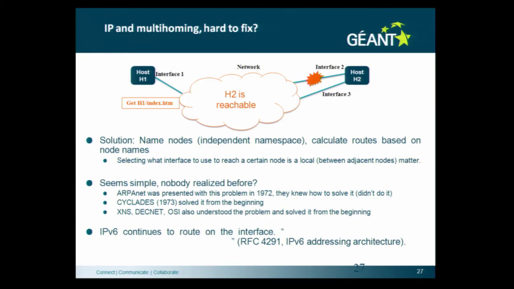I need to find the next hop. I will use this interface because I know that is the next hop. It's really simple. Did nobody realize it before? Well, ARPANET, they knew about it in '72 when TinkerAFB wanted to join it. They knew how to solve it, but didn't do it. Cyclades network, they didn't have this problem. They named the nodes, and there was also the OSI model. They really knew the nodes. So I think the CLNP protocol, they knew it, but